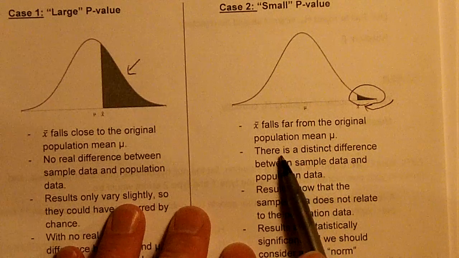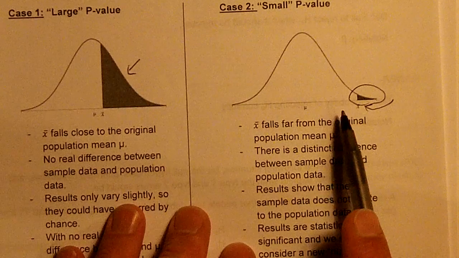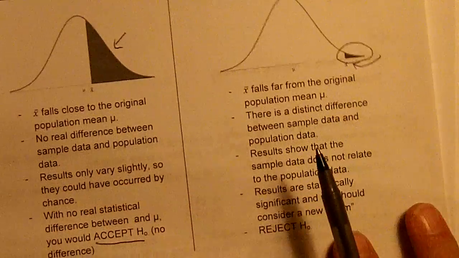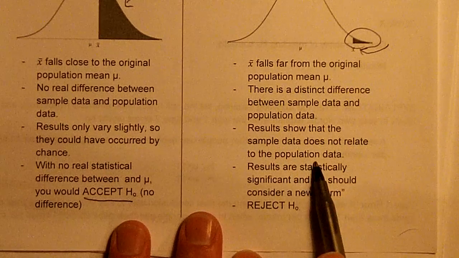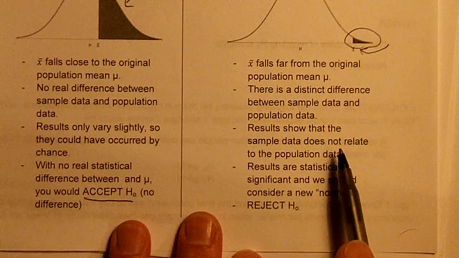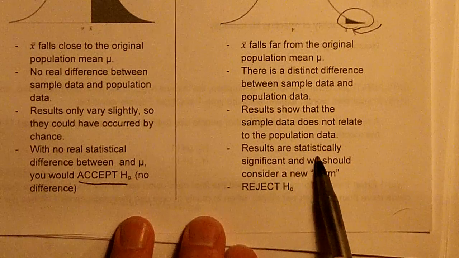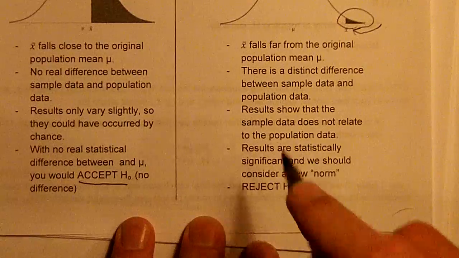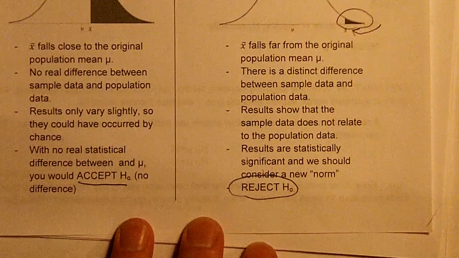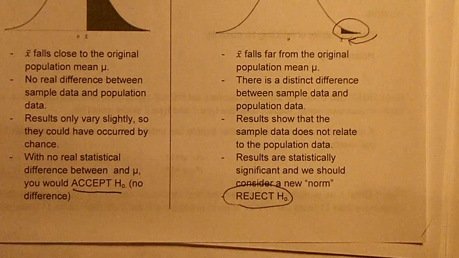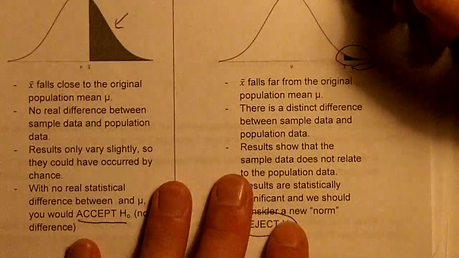So with this said, there is a distinct difference between the sample data and the population data with that big gap. Then results show that the sample data does not relate to the population data, so you might want to accept the alternate claim to say that there's a new norm. Right? So the results are statistically significant, and we would reject the null hypothesis and actually accept our alternate hypothesis, or what would be considered your new norm. Right? So here, in this example,